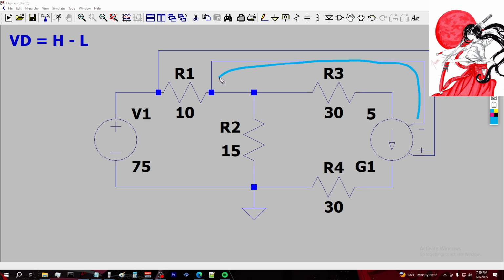We're going to have our negative right here, that's going to our low potential. We're going to have our positive terminal going to our high potential, right? And as you can see, we also have a gain of 5. So whatever the voltage difference is across this resistor, it's going to be multiplied by 5, and that's going to be the current